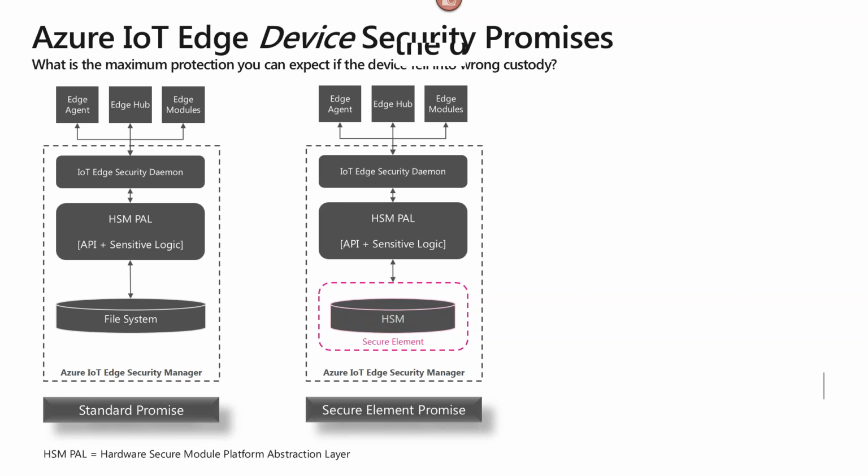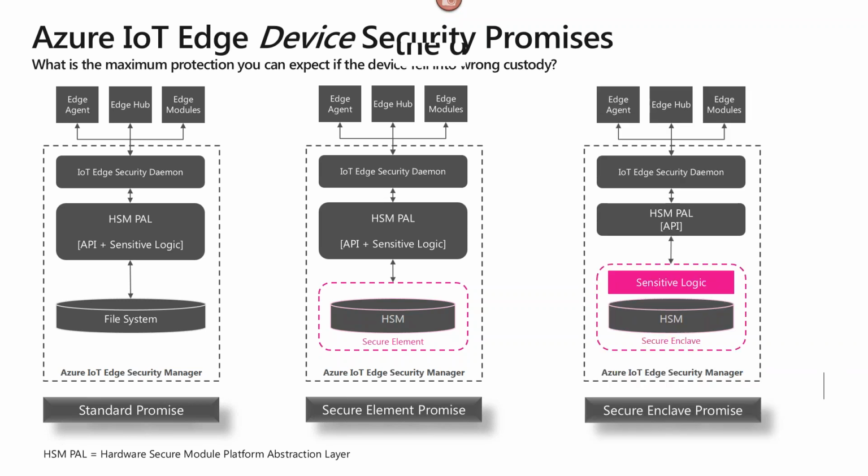But there is one more layer of security that is worth talking about, where IoT Edge and partners like Moxa, we work together to make sure there are solutions, or will be solutions, available in the market. These are solutions which have a secure enclave promise. Think of these as the superset of the middle device, where we have both a place to store secure secrets, but also a place to create and run sensitive logic, sensitive algorithms.